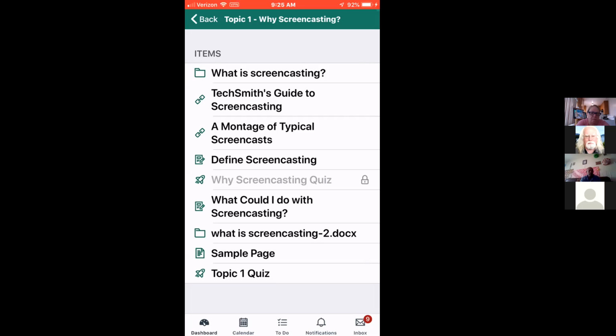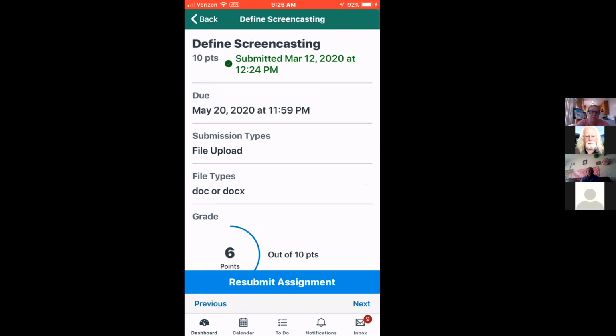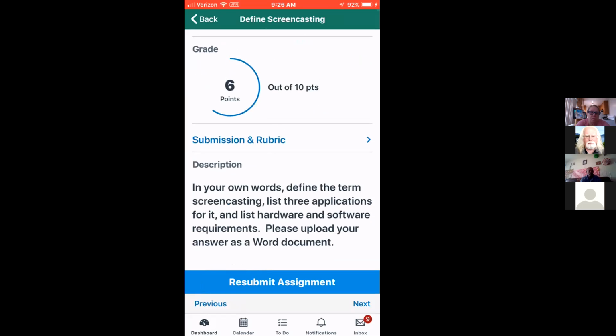That was totally impossible with the mobile applications in Blackboard. Students could not submit homework assignments. They sure can in Canvas, though. If we go to that homework assignment, the student can see the